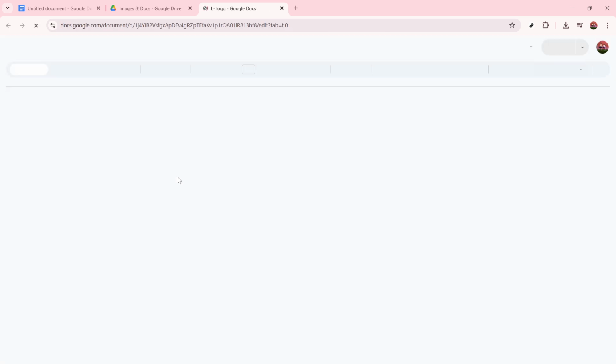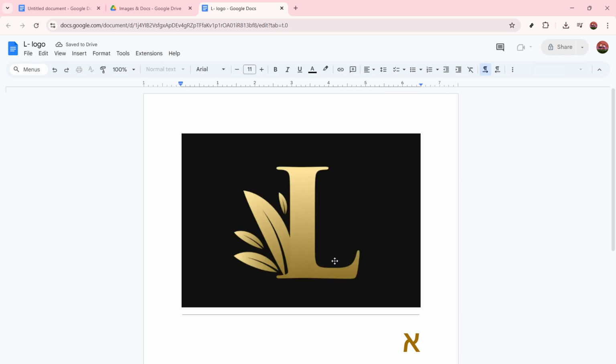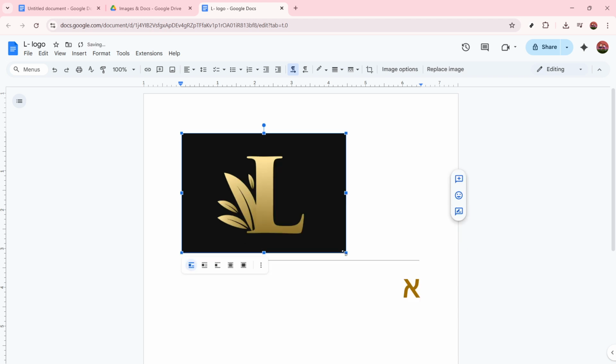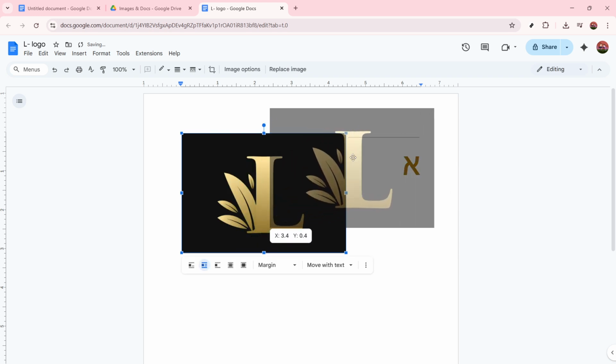Inside this newly created Google Docs document, you can go ahead and drag, resize, or reposition the image to suit your preferences. You might want the image to take up the full page, or maybe you just need it to fit a specific section. The choice is yours. This flexibility allows you to customize how the image will appear once it's converted into a PDF, giving you control